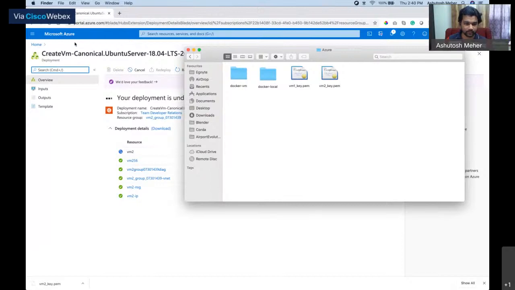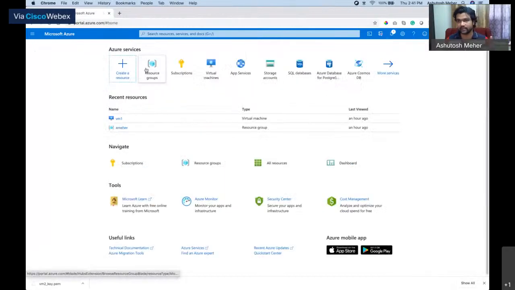Once you have a VM ready, you need to install certain things: you need Java, and you need Docker and Docker Compose since we're working with Docker. We'll do that once the VM is up. Before that, while the VM is configuring and coming up, let's look at the changes we need to make to our Docker Compose file and node configuration file so that it could work on the VMs.